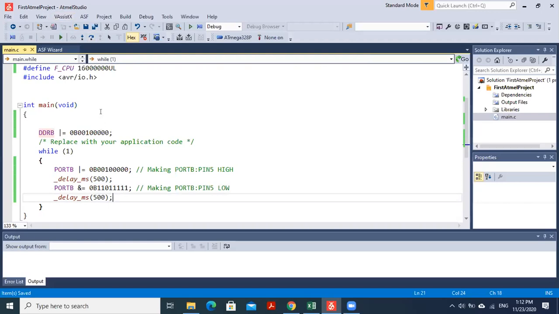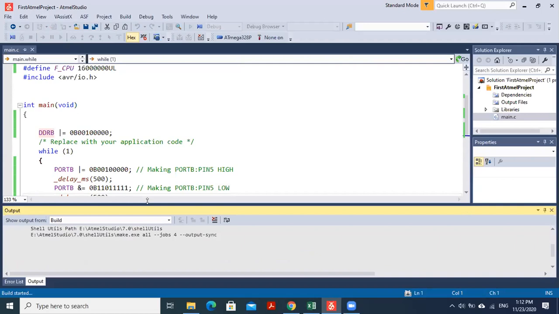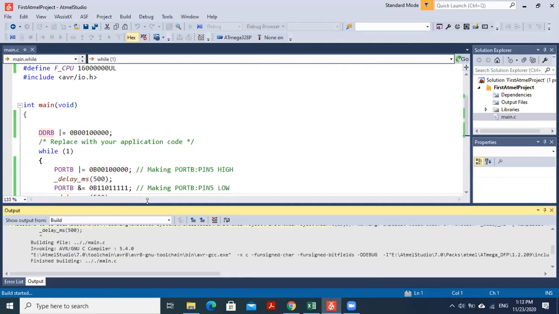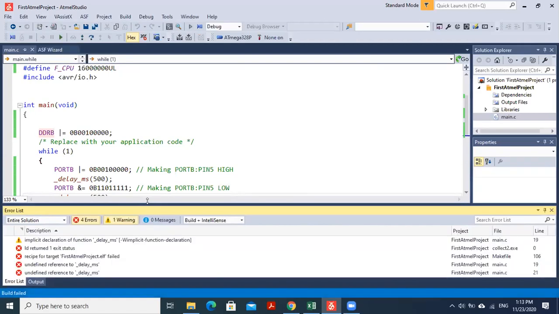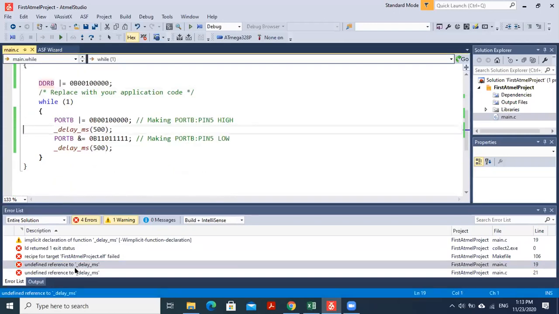So if I want to build the program, I will go to build solution. Oh, there is an error. It's good that we got the error, right? So now there's an error. It says delay_ms is not identified.